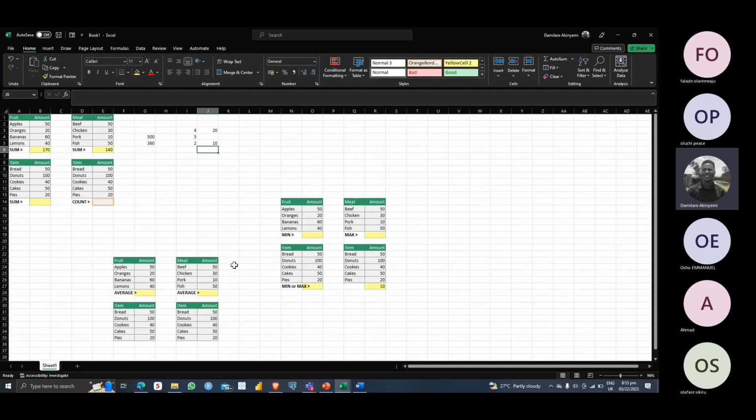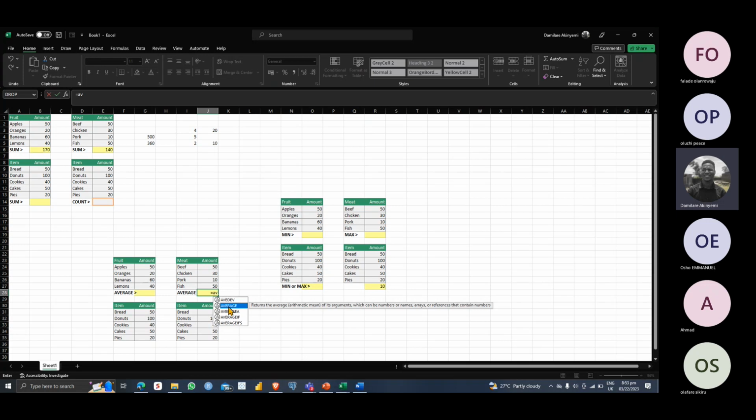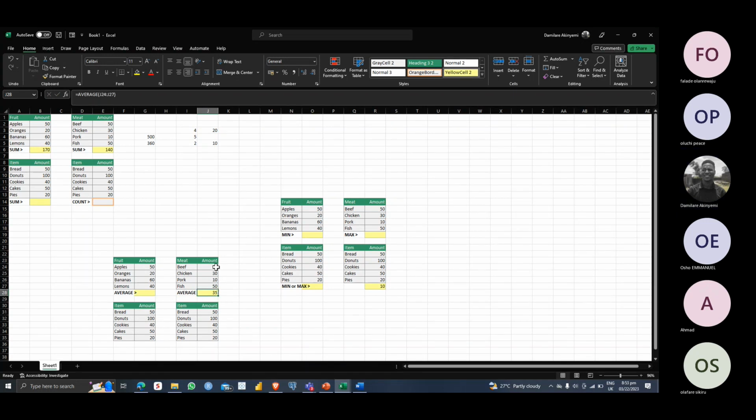So for example, now from this data set I have here, which I said is a list of items we just bought in the market, which is beef, chicken, pork, and fish. We can get the average of all this by starting with an equal sign, then typing average. Then we press tab to select the function, highlight the whole cell range, and press enter. You can see that the average of all the items I bought in the market is